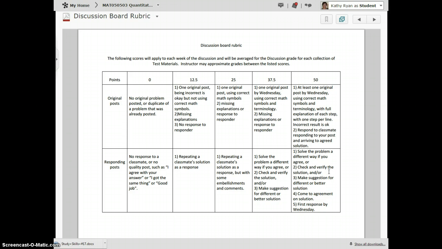Whenever we have an equation, we come up with an answer. We can plug that answer into the equation and verify that it's correct. If you see a mistake that your classmate has made, make a suggestion or show them how to do something better. And then the person that posted it should then respond to that. And again, our first post should be by Wednesday. You need to be posting on at least 2 different days, at least by Wednesday and at least by Sunday. But if you wait to those deadlines, you're less likely to get responses.